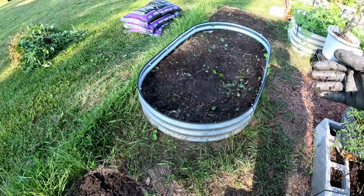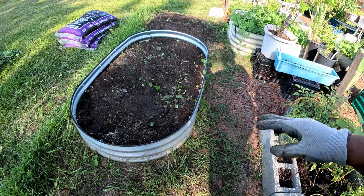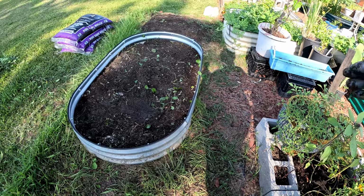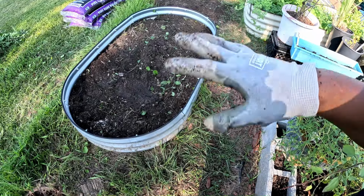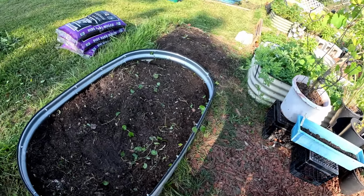But yeah, I'm gonna move this bed. I don't know if I'm gonna keep it in the same area. I feel like I'm accomplishing a lot, getting things done. Finished clearing out that watermelon bed. So yeah,